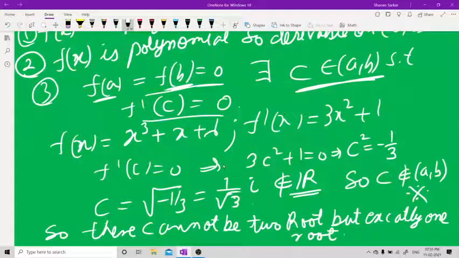Now see one thing. c is coming out to be imaginary, which is not on the real line. c is coming out to be imaginary, which does not belong to R. So c does not belong to A and B. A and B are real roots